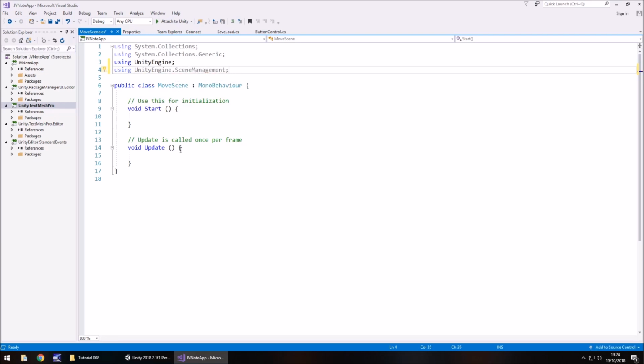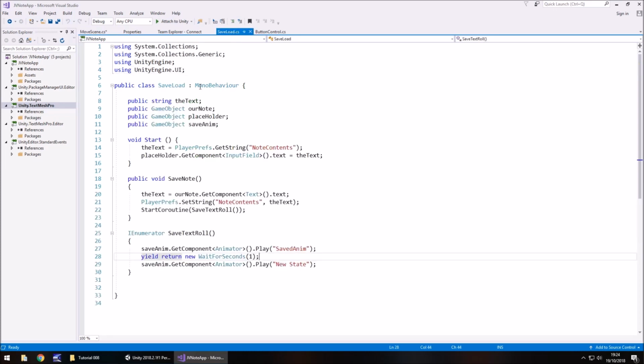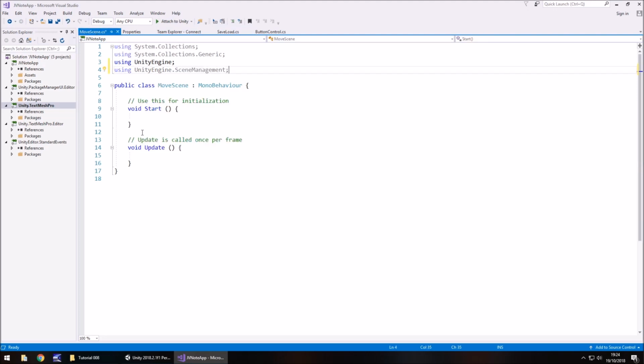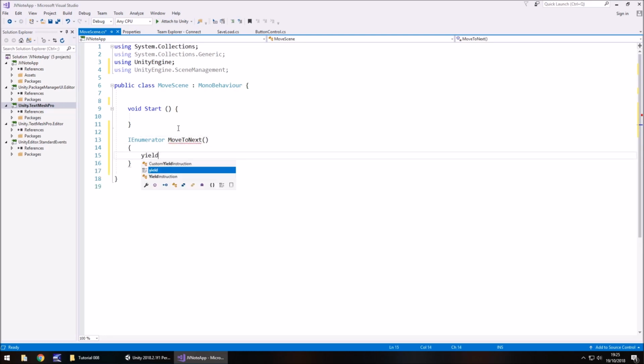And we're going to use something called a coroutine. Now the previous two scripts have just been inside basic methods, and we have here, remember that coroutine, the text roll. So we're going to have to use a coroutine yet again because we're going to be using that yield. So we're going to wait for the script to move along in this MoveScene script. So let's get rid of void Update, we don't need it, and the annotations because we don't need that either. And let's start by going IEnumerator, and let's call it MoveToNext. You can call it anything you want. Open close bracket, open curly bracket, and yield return,